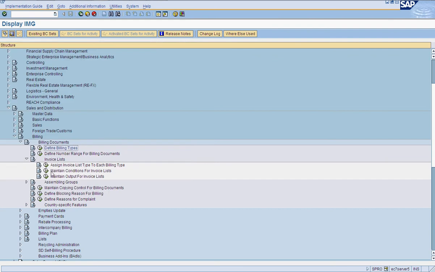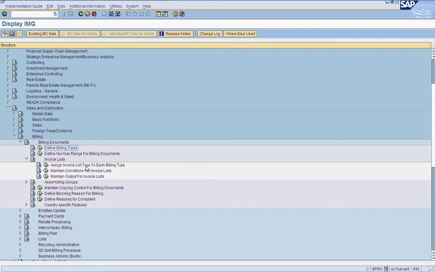Now let's see what exactly we are talking about with invoice list type, what exactly an invoice list type combines. Say a bill-to party wants to see all the invoices generated for this month. Rather than having a report, he would see an invoice list document which will have the list of invoices in one column, and next to that each invoice number and its value. So it can have thousands of invoices, each with its own value, and then you can go individually inside each invoice number and check what items are there.